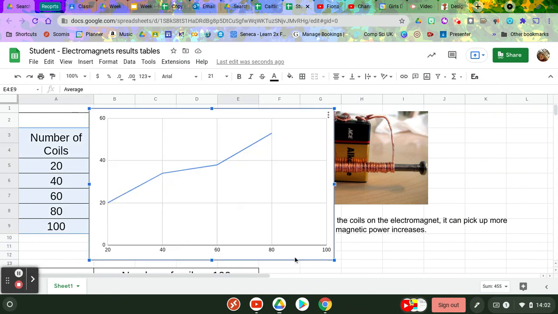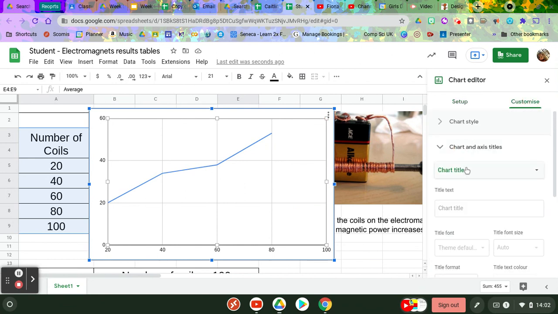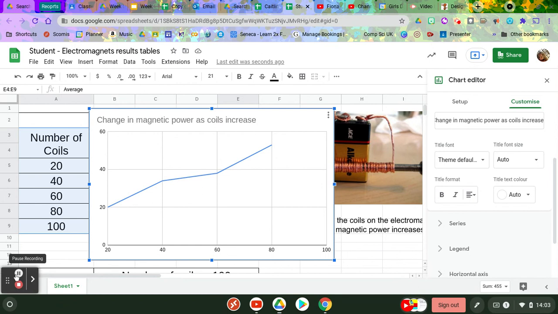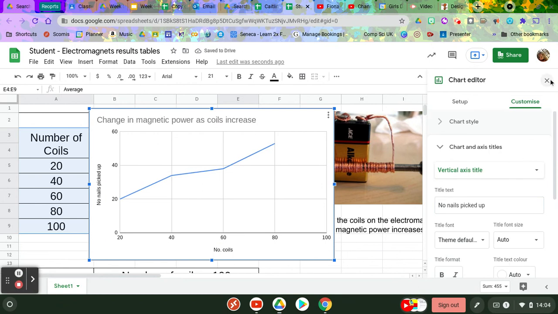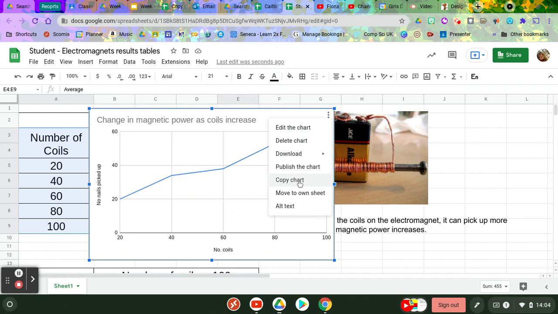And what I've quickly done now, just to increase this, I've made a chart which we can edit. We can just customize it, putting in a chart title, which we'll put there. So we've now put in a chart title, and I've added in axis titles as well. And then I don't really want this right here. I'd rather have it in my drawing. So what I'm going to do, if I click on here, the 3 dots in the right hand corner, I'm going to copy this,